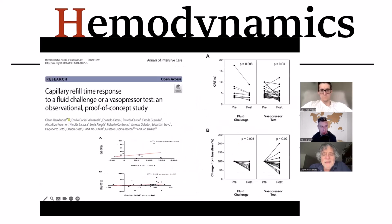This is where our results in this study that we published just recently come in. With the fluid challenge, almost everybody recovers very fast. This is the individual behavior, in a small clinical physiological study. You see, starting from 0, almost all patients tend to improve capillary refill time when they are fluid responsive. But with the vasopressor test, where you induce a challenge of mean arterial pressure, some patients improve capillary refill time, and others deteriorate. And this is very interesting because